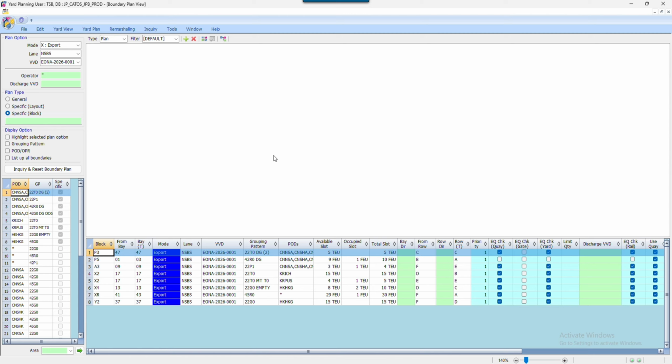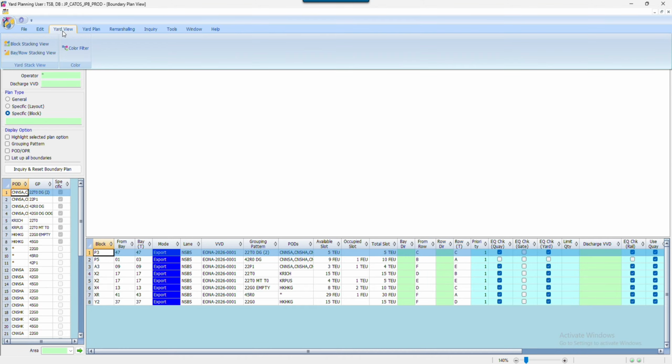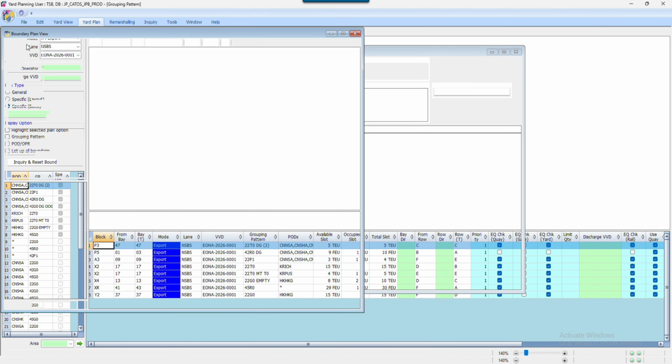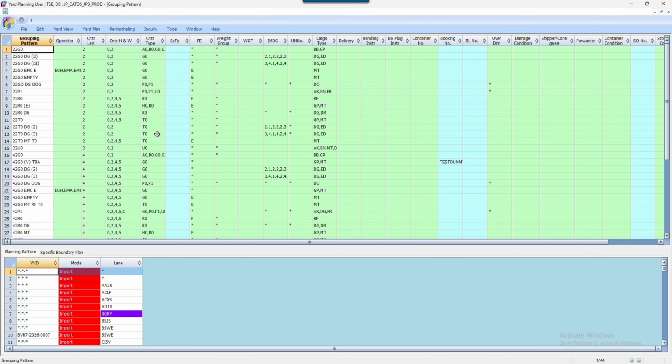Yesterday I explained how the system calculates the grouping pattern score. So if the grouping pattern score is 2 and is 3, then the system checks the details of the PP4. In this PP4 planning pattern, we have the positioning group. Okay, so